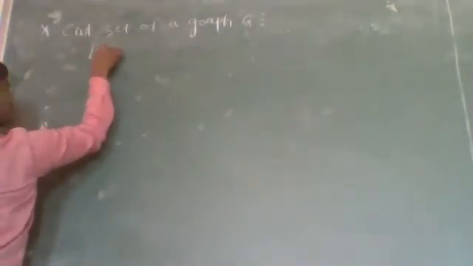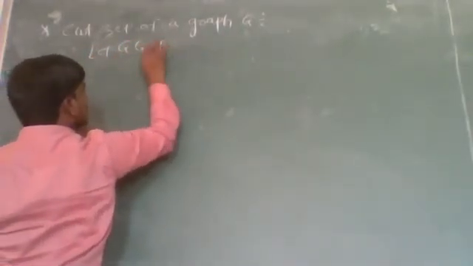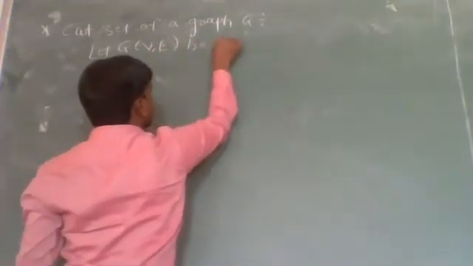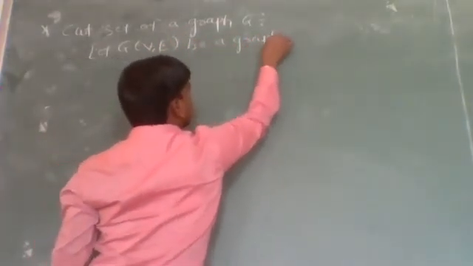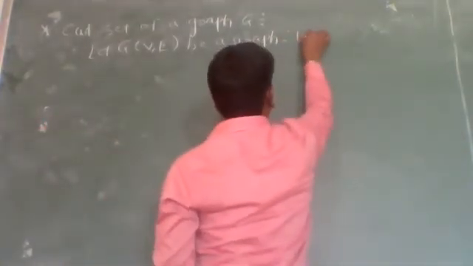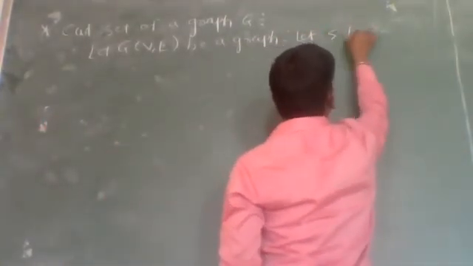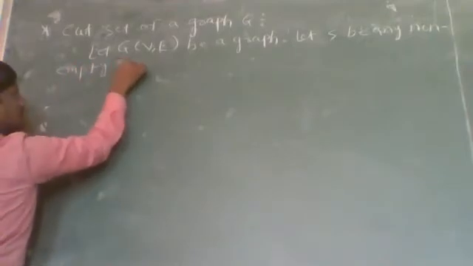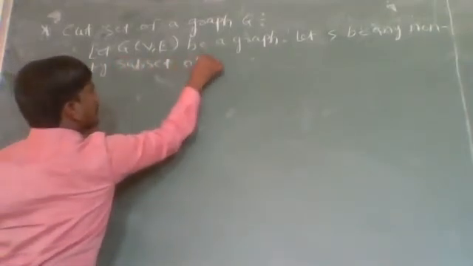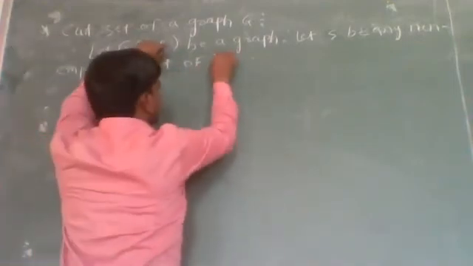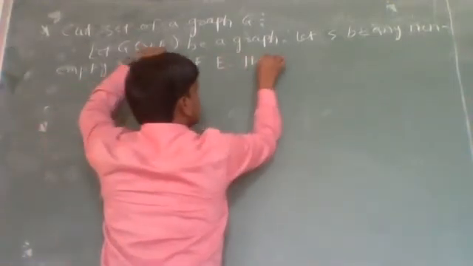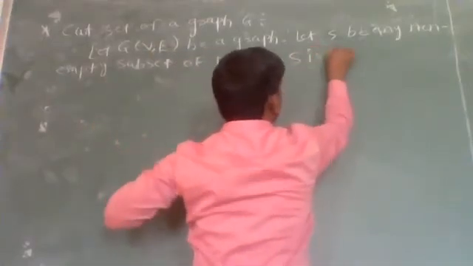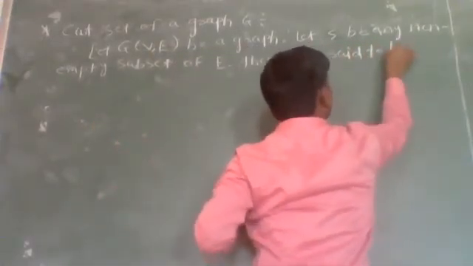Let G be a graph with vertex set V and edge set E. Let S be any non-empty subset of the edge set E of a graph G. Then S is said to be a cut set of a graph G